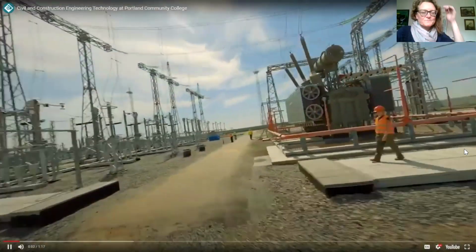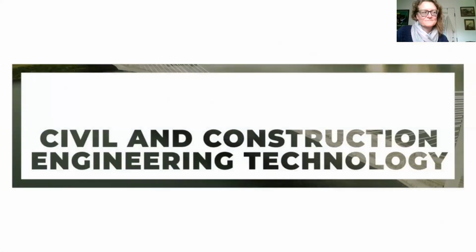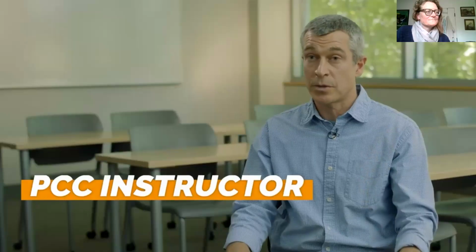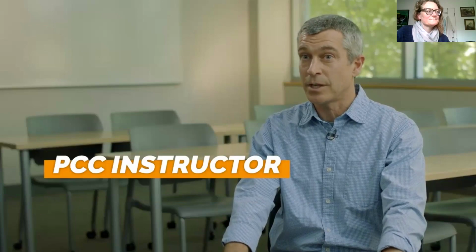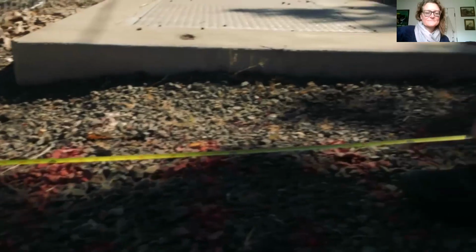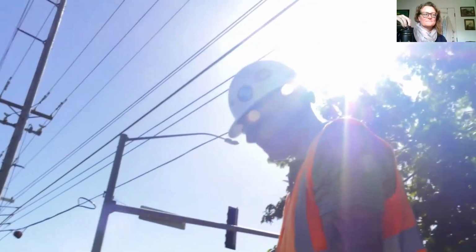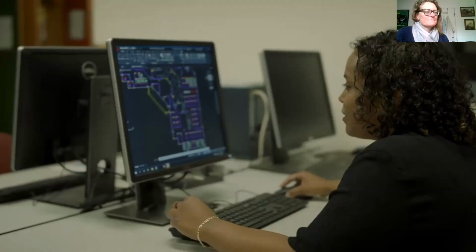I like solving problems and I like building things. I've always been intrigued by bridges, and actually learning how they're built is pretty awesome. If you're interested in solving problems and building community, then civil and construction engineering technology is a really good field for you to check out. You don't have to have a math background. You don't have to have a reading or an English background. You just have to have the drive to learn. There are so many different aspects of engineering that if you want it, you'll probably find it somehow in the world of engineering. I'm excited about my future because I feel like this is something that I'm going to be enjoying every day.